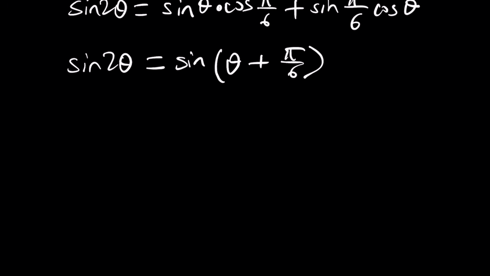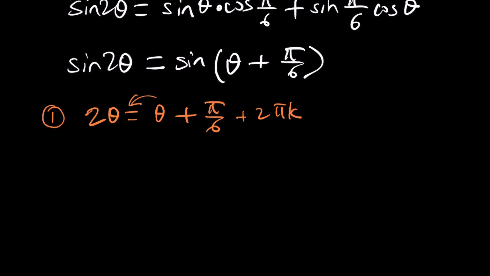When you have something like this, obviously, you're going to set these equal to each other. So the first solution is going to come from 2 theta equals theta plus pi over 6. And of course, there's a 2 pi k component. You can add that. It's not going to make a huge difference, but theta from here is going to be pi over 6 plus 2 pi k. Okay? Wait a minute. This is not the solution because we're looking for x values, and x is 1 over